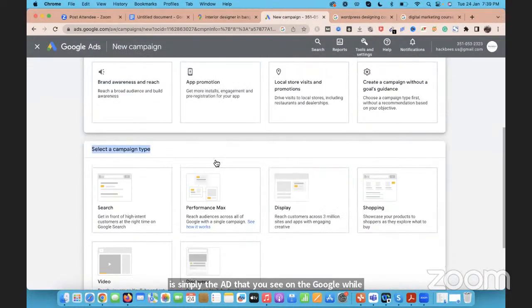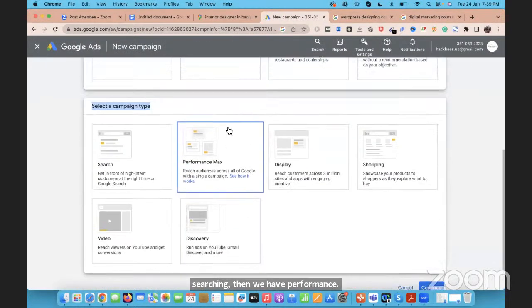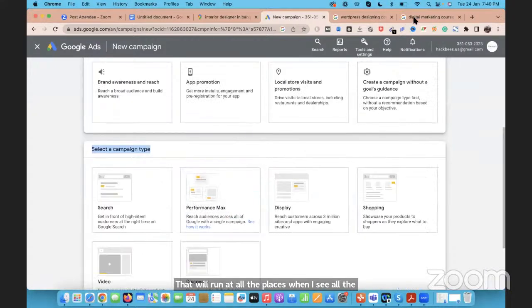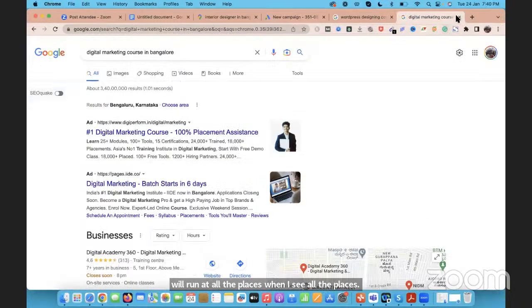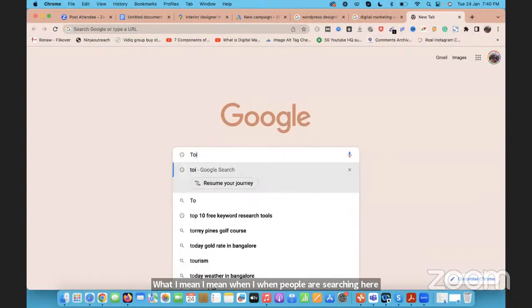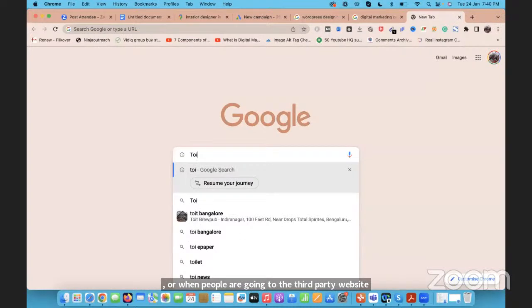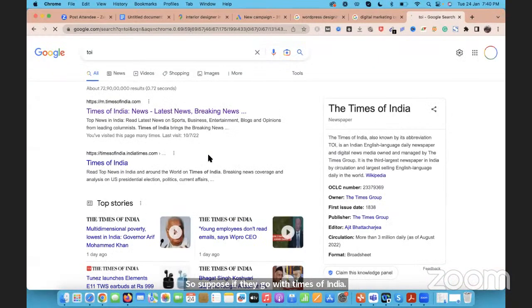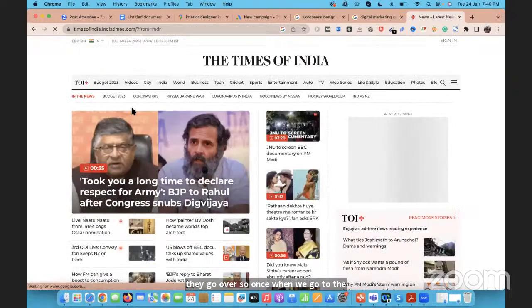Then we have Performance Max. What is Performance Max? If I want one ad that will run at all the places, what do I mean by all the places? I mean when people are searching here, or when people go to a third-party website. Suppose they go to Times of India, TOI. Once we go to Times of India and look here,